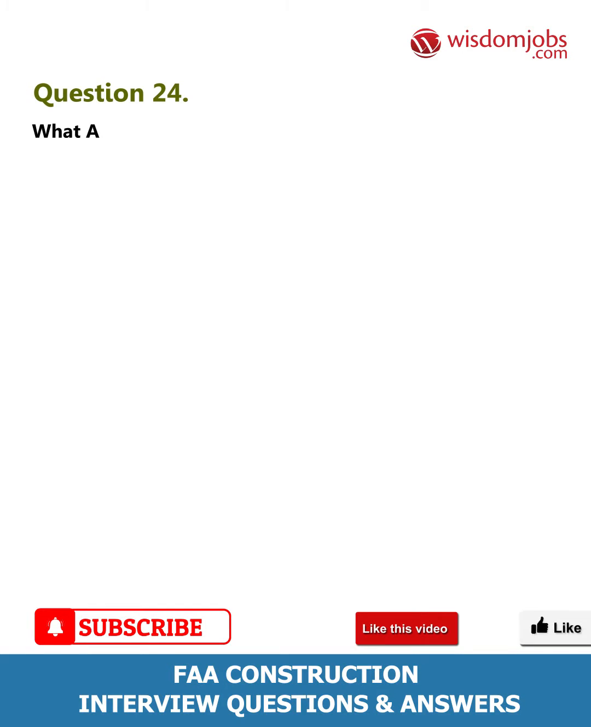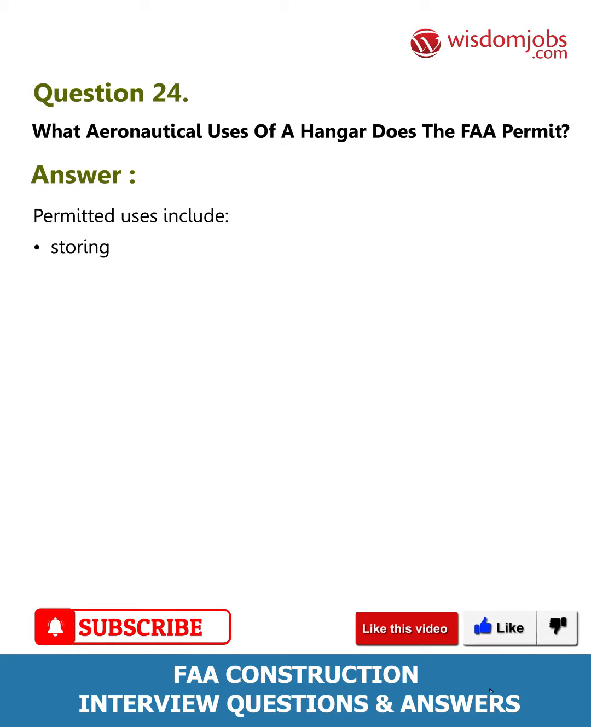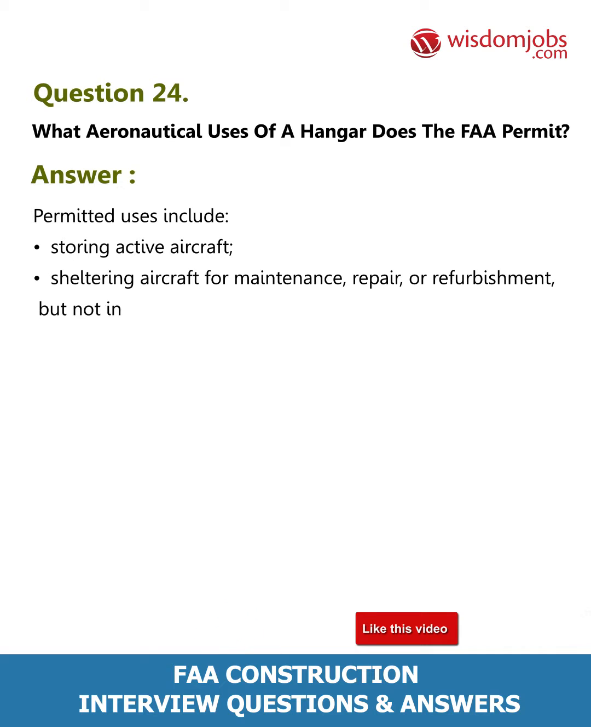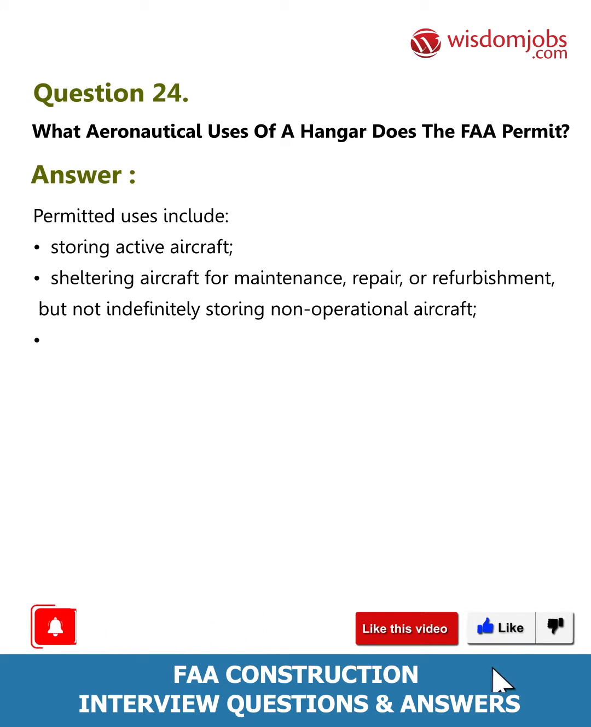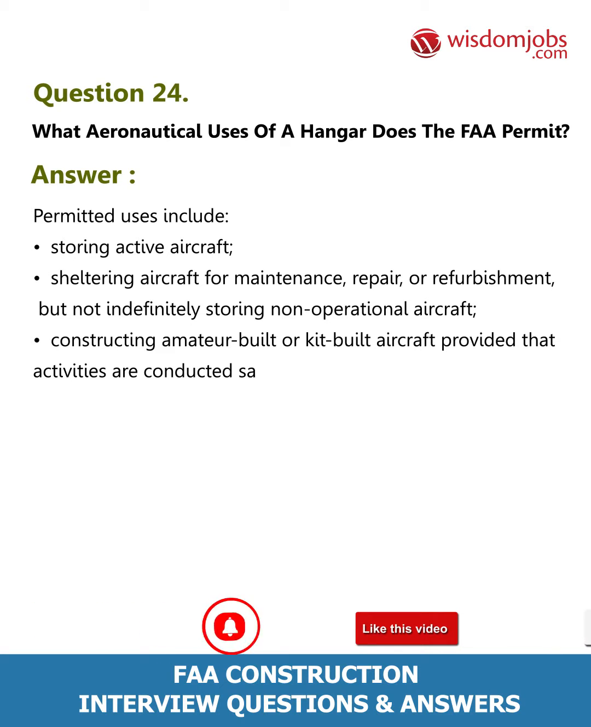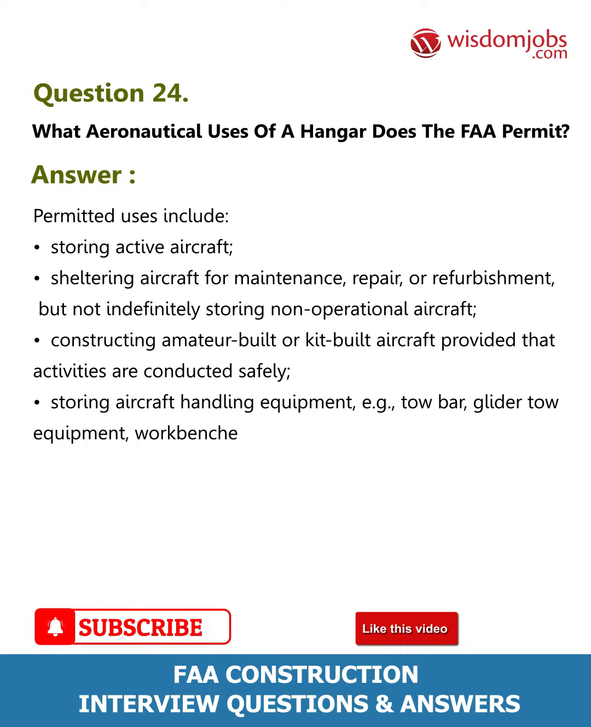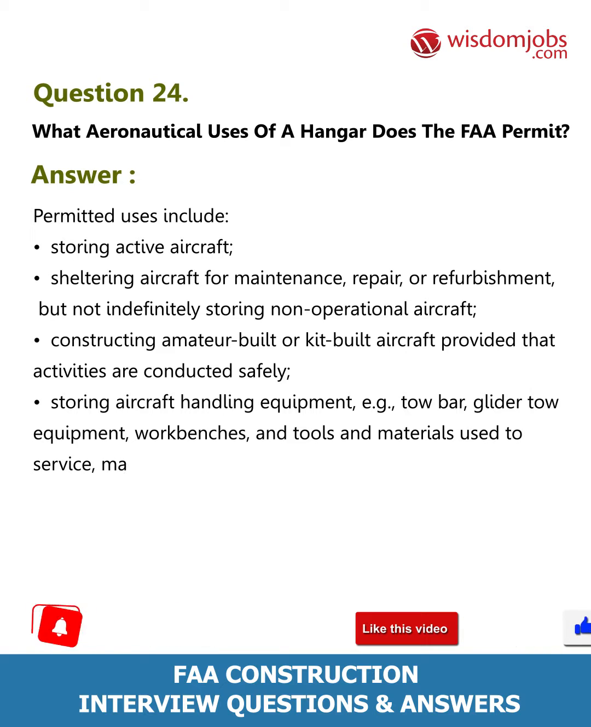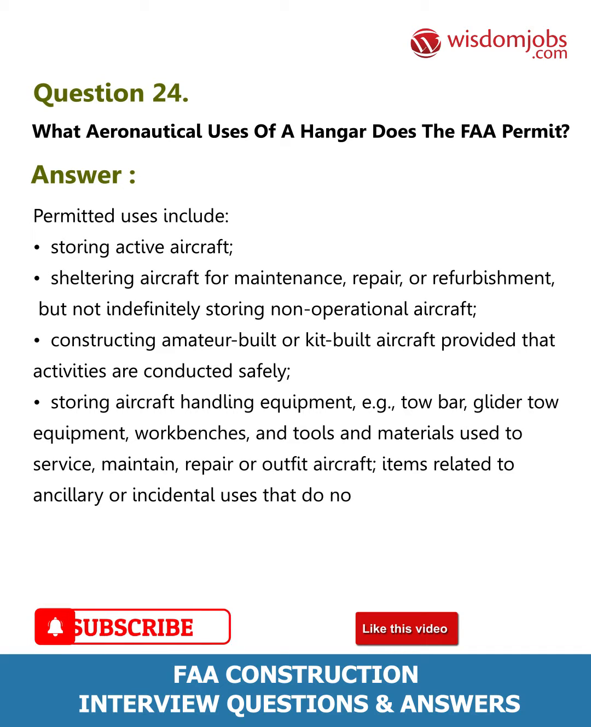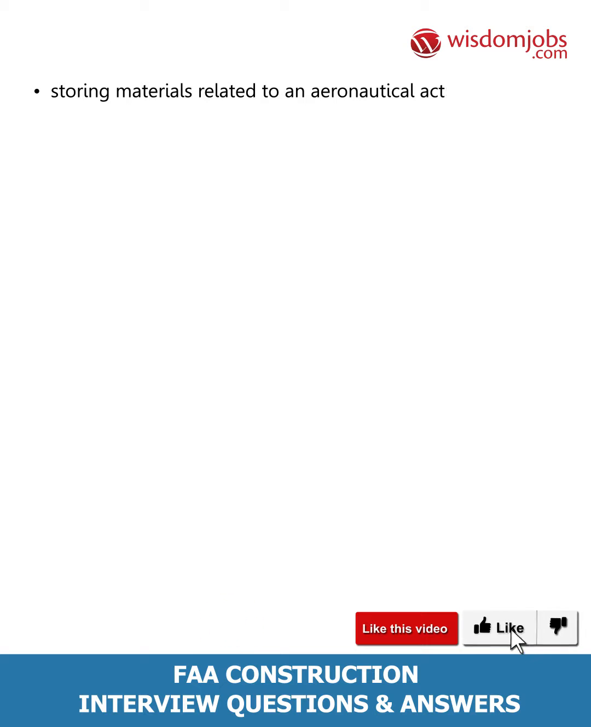Question 24. What aeronautical uses of a hangar does the FAA permit? Answer. Permitted uses include storing active aircraft, sheltering aircraft for maintenance, repair, or refurbishment, but not indefinitely storing non-operational aircraft, constructing amateur-built or kit-built aircraft provided that activities are conducted safely, storing aircraft handling equipment, for example, tow bar, glider tow equipment, workbenches, and tools and materials used to service, maintain, repair or outfit aircraft, items related to ancillary or incidental uses that do not affect the hangar's primary use, storing materials related to an aeronautical activity, for example, balloon